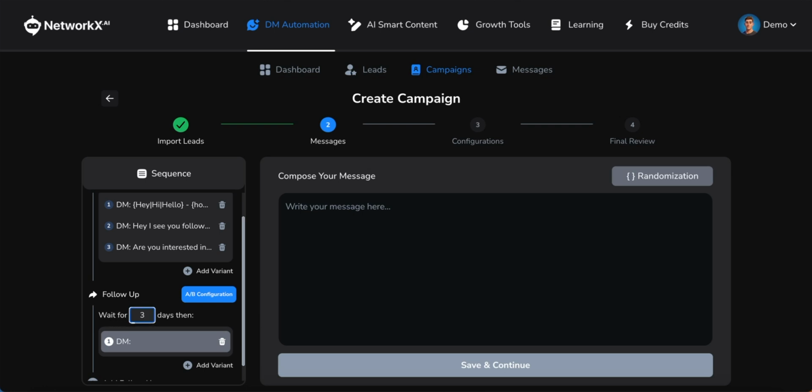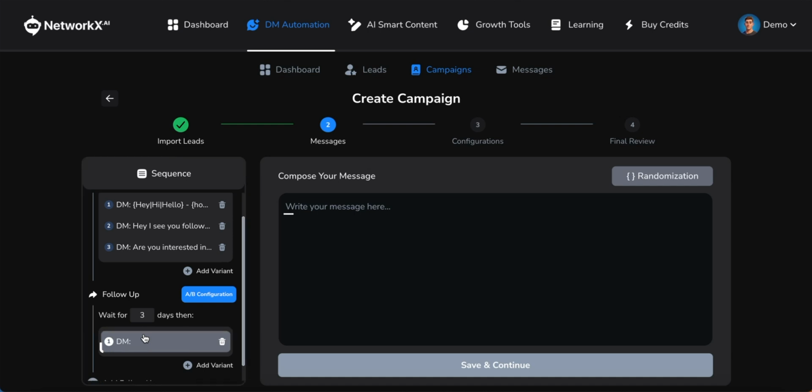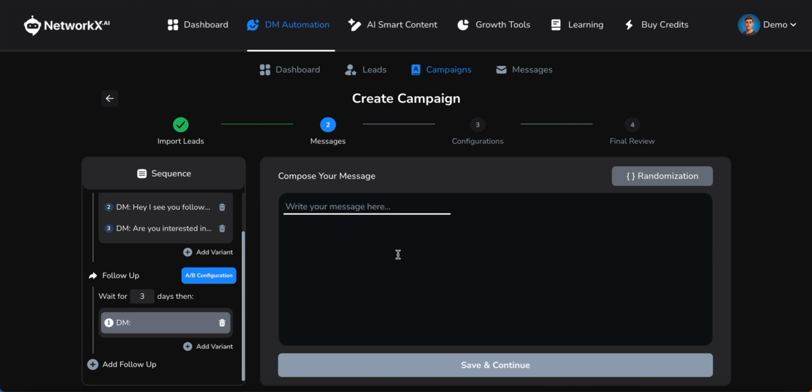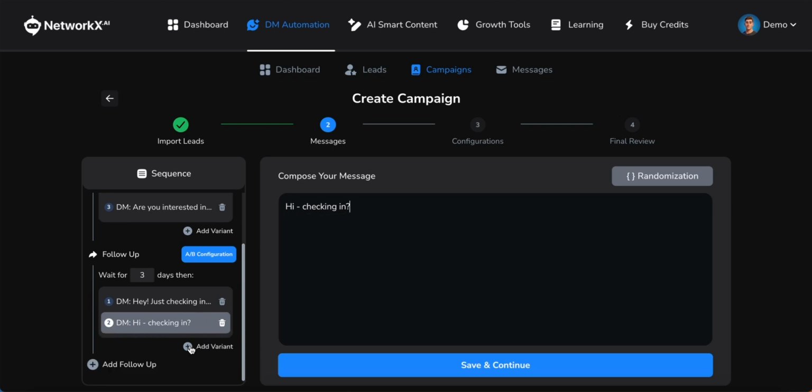But essentially what happens is if the user does not respond within this amount of days, then your follow-up message will go out. So if the user does respond, the follow-up won't go out. But if they don't, then there will be a follow-up message. So I could write something along the lines of, hey, just checking in on my last message, something like that. Hi, checking in. Whatever it may be that you want to write,